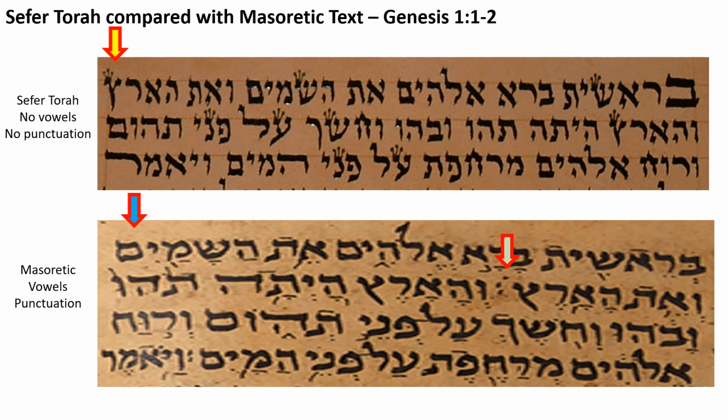Essentially, all old Torah scrolls are like the one above on the top, including the Dead Sea Scrolls. The Dead Sea Scrolls, for example, did not have punctuation in them. So the only way a person would have known how to read them, and in fact even today, the only way anybody knows how to read them is because of the Masoretic text. If it wasn't for the Masoretic text, the only people who would know how to read Jewish text would be Jews who learn from other Jews.